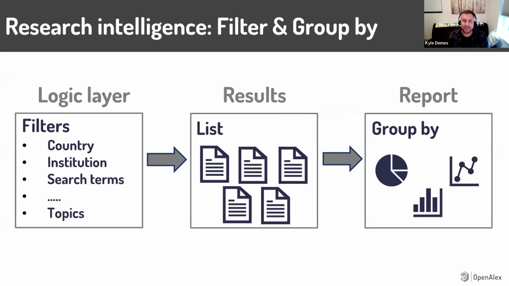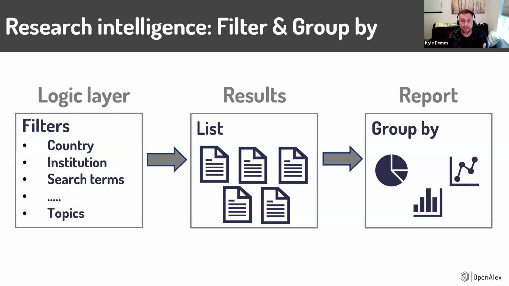So I'm just going to skip here. But the general logic here, the framework for all of this, is you can create a logic layer or a query. Some people are used to hearing the word. And then you can query these knowledge graphs to get the exact results that you're interested in. And then you can do more analyses. But you can only do your filtering and your analyses on the fields that are in these graphs.